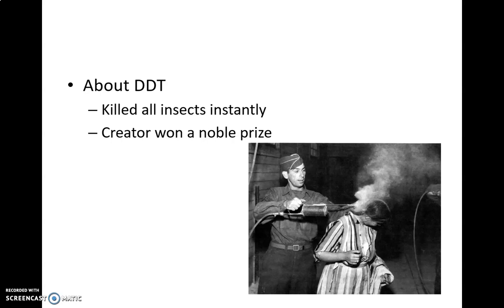This picture right here is a man spraying a woman's hair for lice. And it was just so effective. Again, you could spray it on the lice and it would kill them instantly. And the reason that they would spray for lice is not only because having lice on your head is not good and they're a harmful insect to humans, but lice are also a vector, which means that they sometimes carry a disease. And when they suck blood from your head, they'll sometimes transmit a disease called typhus to you.